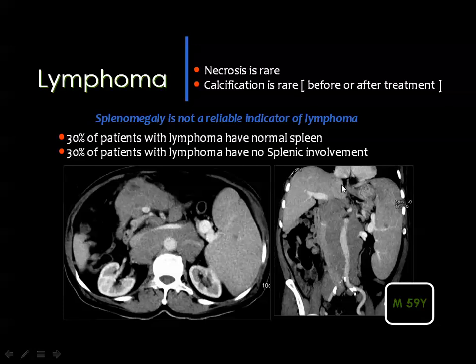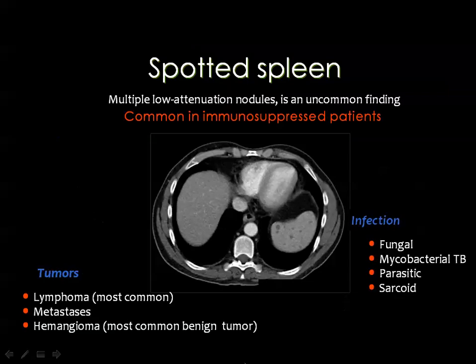Then this is the case of lymphoma. The spleen is big, but what's more important is the presence of bulky amalgamated mesenteric and retroperitoneal lymph nodes, and this appearance per se is suggestive of lymphoma, and we are not sure about the spleen, if it is infiltrated by lymphoma or not. Then finally we came to the issue of the spotted spleen, and the spotted spleen means